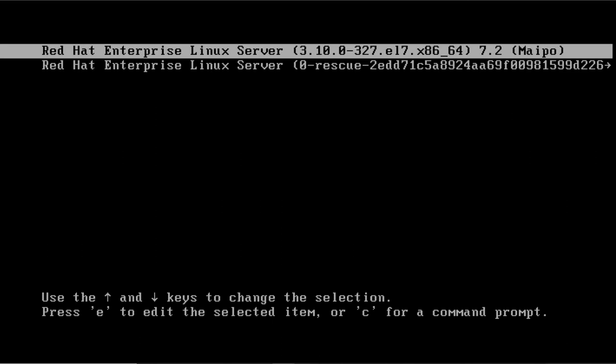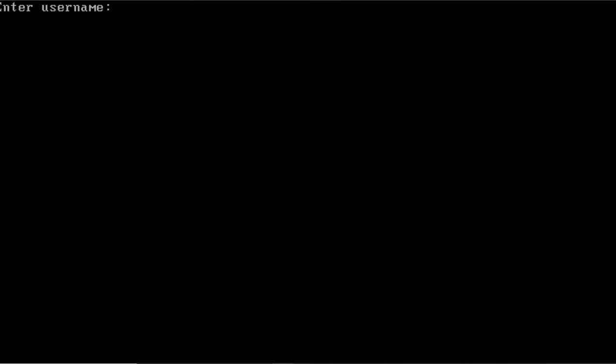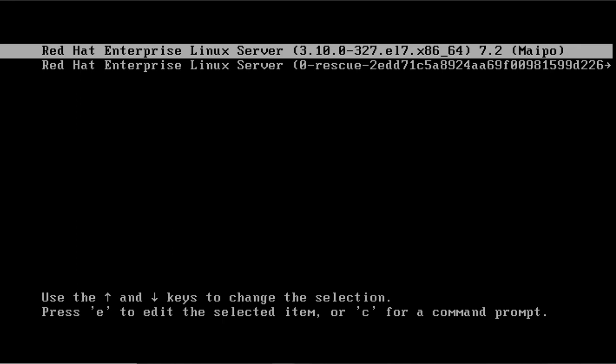So in this case, the kernel is not starting, and I don't know the password of grub. Then what I can do is reset the password of grub first. Also I have to see what the problem is, why this kernel is not starting. Because the system is not running, I don't know what is happening. Whether the kernel file is not there, or is it renamed, I don't know. I can't see that.